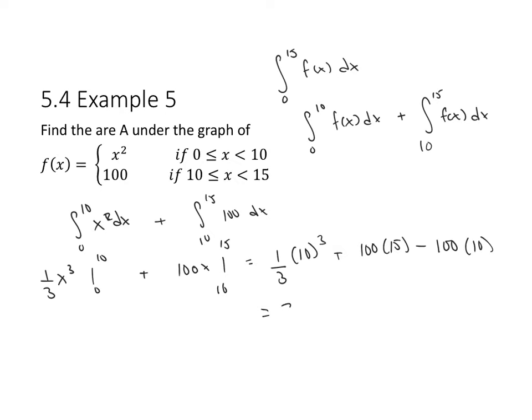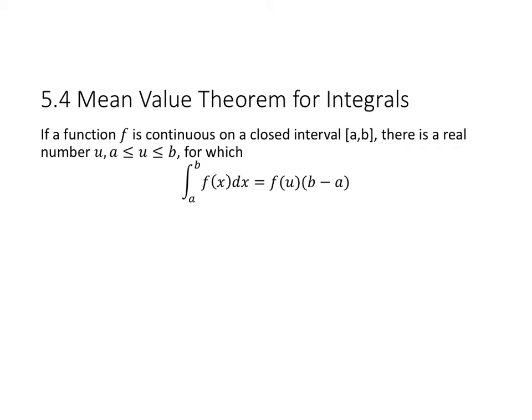And if I reduce that, I'm going to get 2,500 thirds. Now we've talked about the mean value theorem for differentiation. Now we have a mean value theorem for integrals. So the mean value theorem for integrals says if a function f is continuous on a closed interval a to b, there's a real number u, which is between a and b, for which the integral equals the average value, f of u times b minus a,